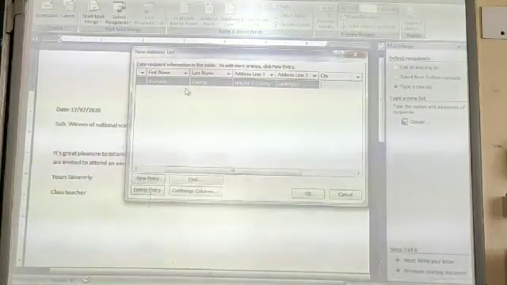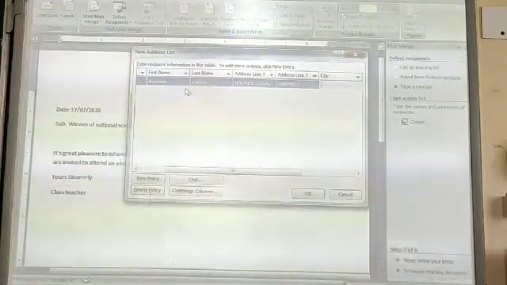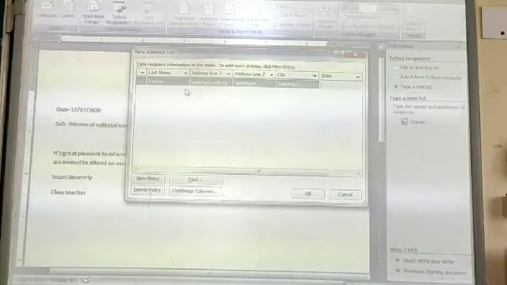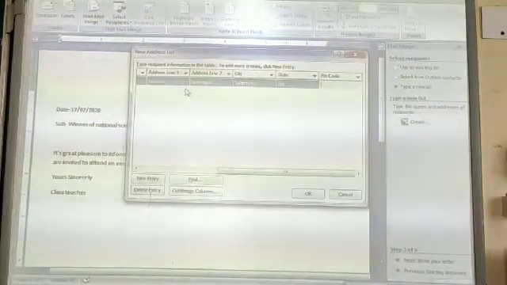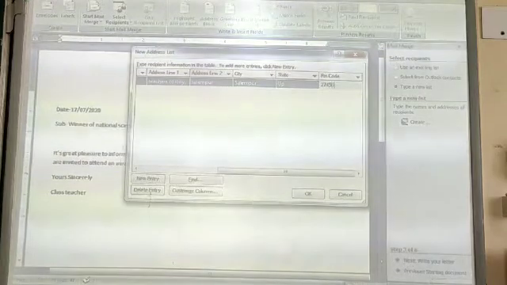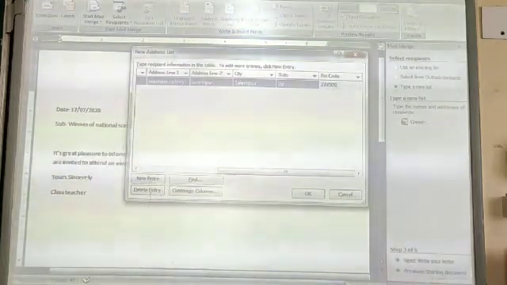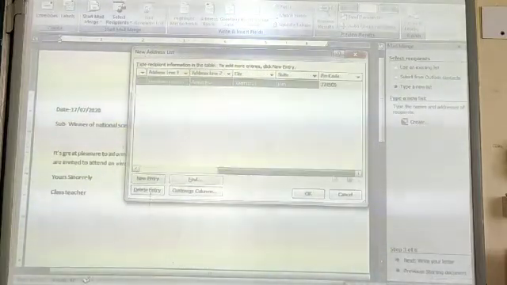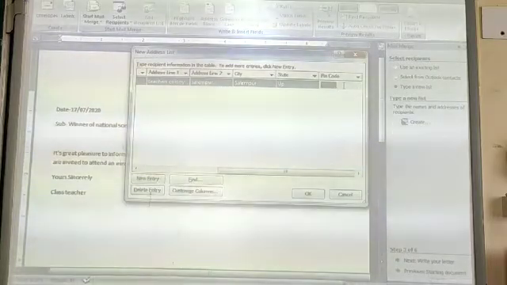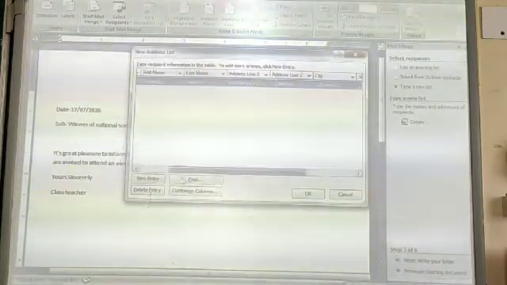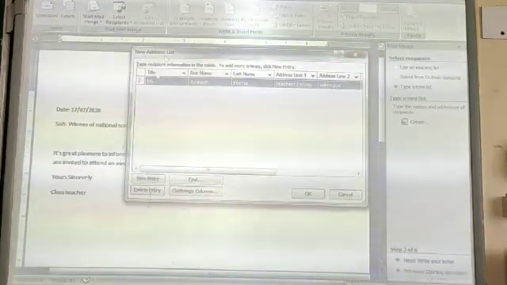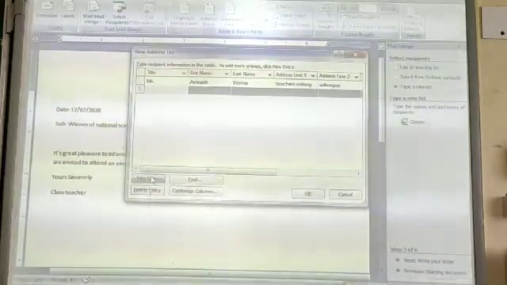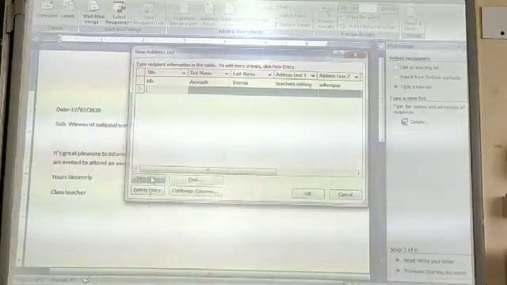You can use the tab key to move from one field to another field. Okay, once it is okay, click. You have completed the details of one of the receptionists. Now, if you want to add more, you can click the new entry option.